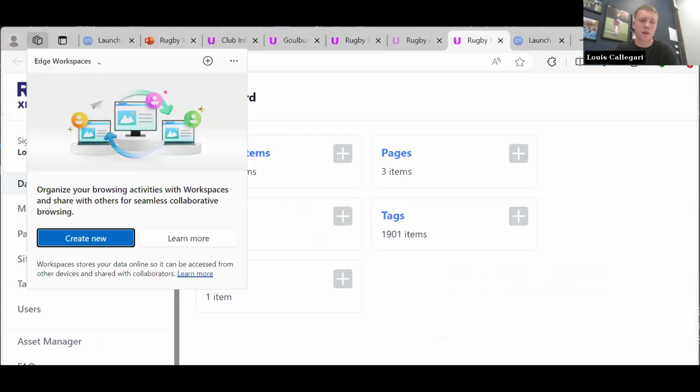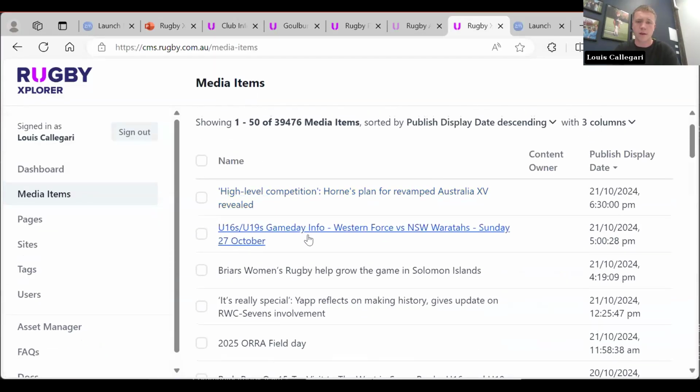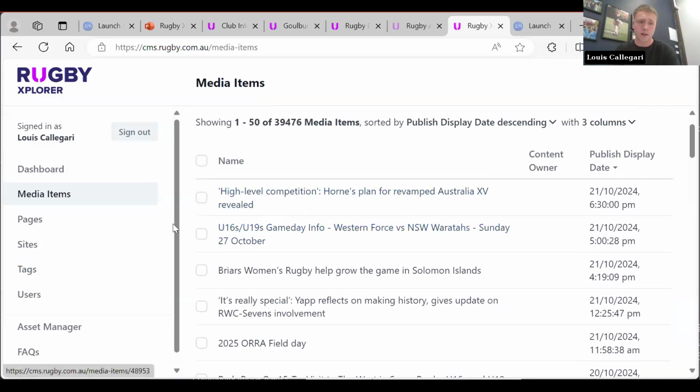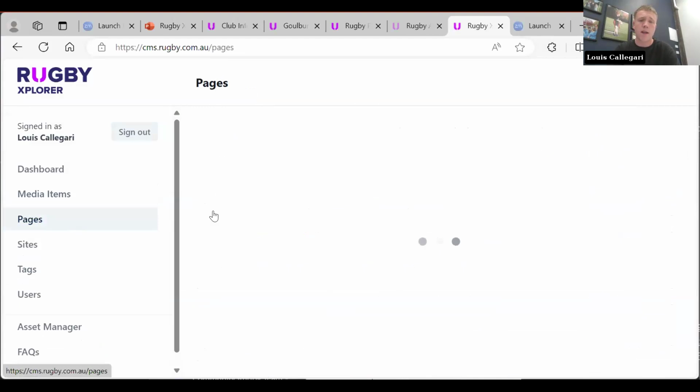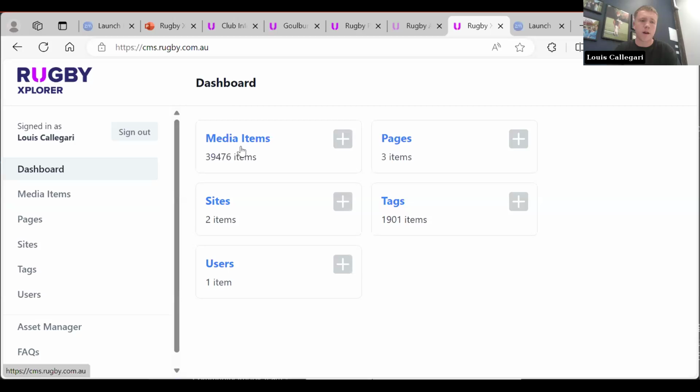So we have the dashboard, media items, which has all the different media items that's been uploaded from different clubs and entities in using RX. Pages, this is just the ones we have access to at the moment, and then asset manager with a helpful frequently asked questions at the bottom. So once you're in the dashboard, you can